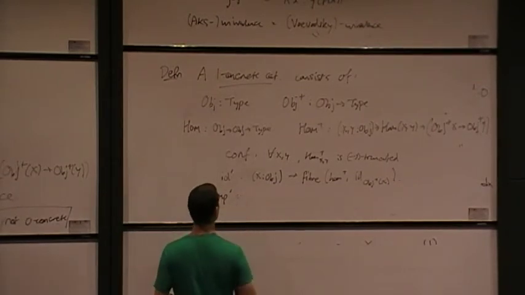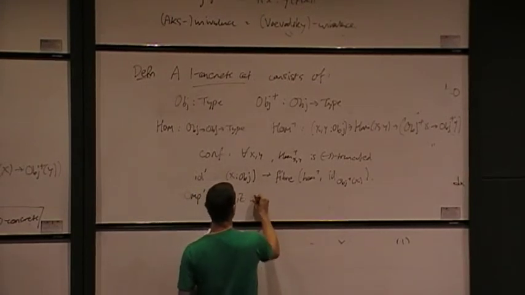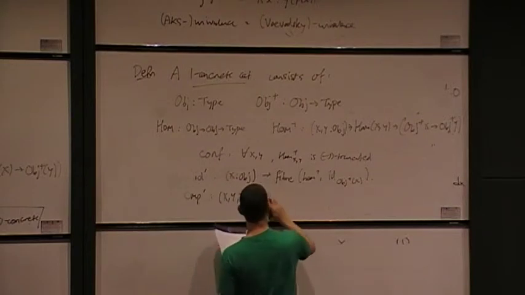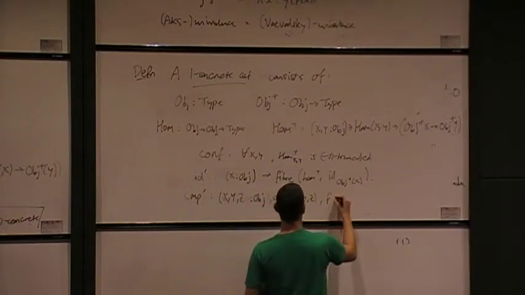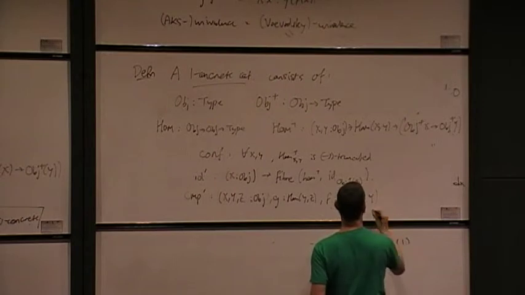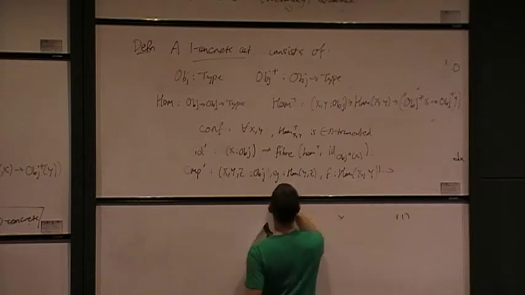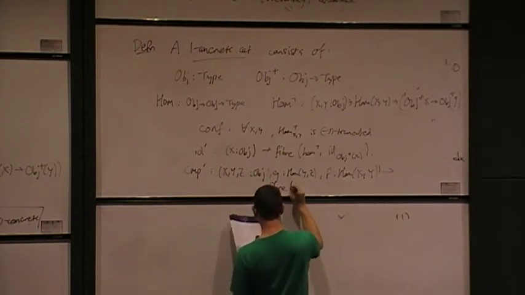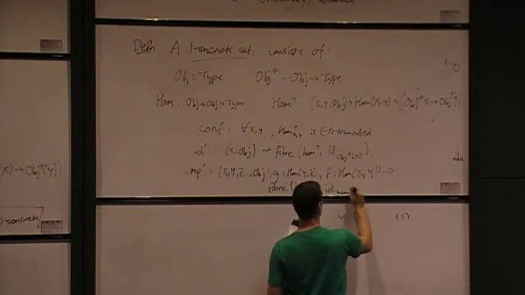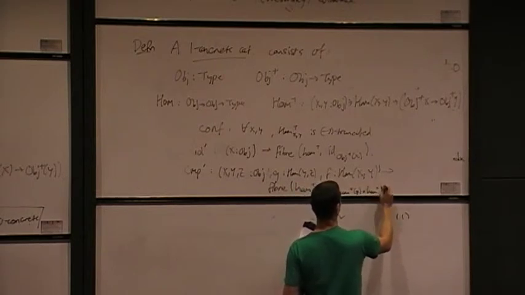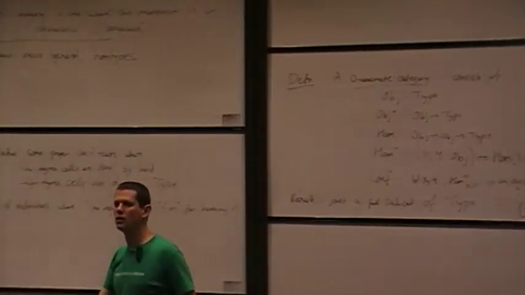So it's a big comp prime, and that says, this is going to be slightly unpleasant, but I'll write it anyway. X, Y, Z objects, and G in hom Y, Z, and F in hom X, Y. Then, given all that, we have an element of the fibre of hom plus at id on hom plus of G. So if we take two morphisms,